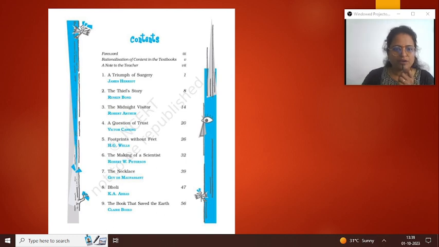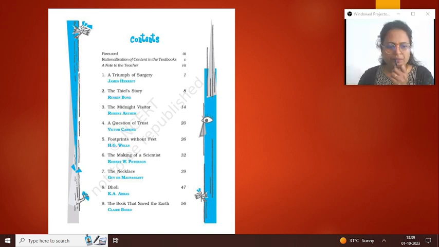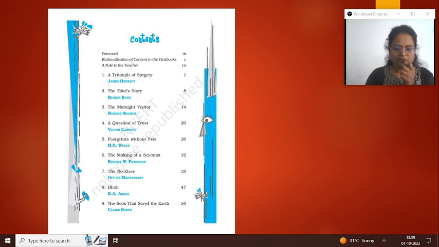Next is your reader book. In that also you have 9 chapters. Earlier there were 10, but this year you have 9 chapters in that. These all are very beautiful and nice model giving stories, and there are value based questions you will need to attempt on these books.